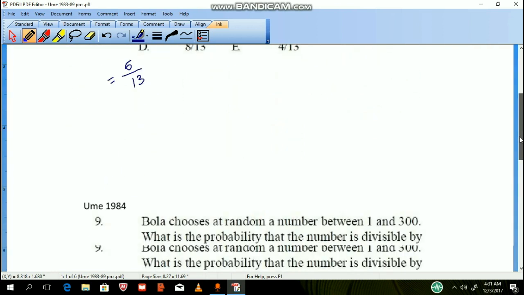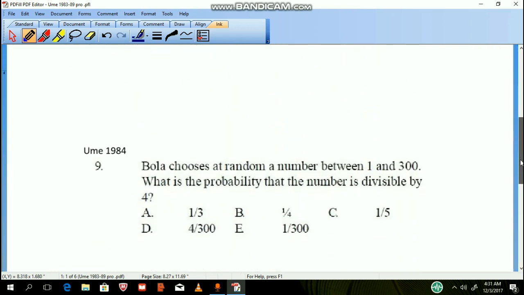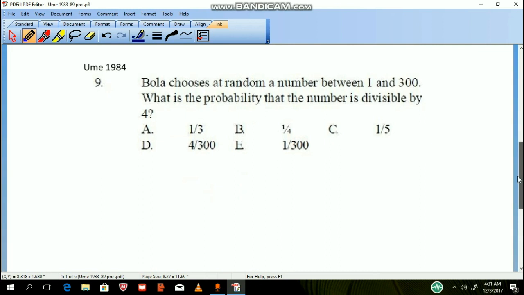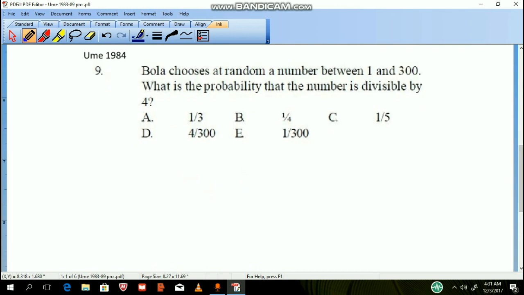1984, question number 9. We are told Bola chooses at random a number between 1 and 300. What is the probability that the number is divisible by 4? Now, if you look at this, you have 1